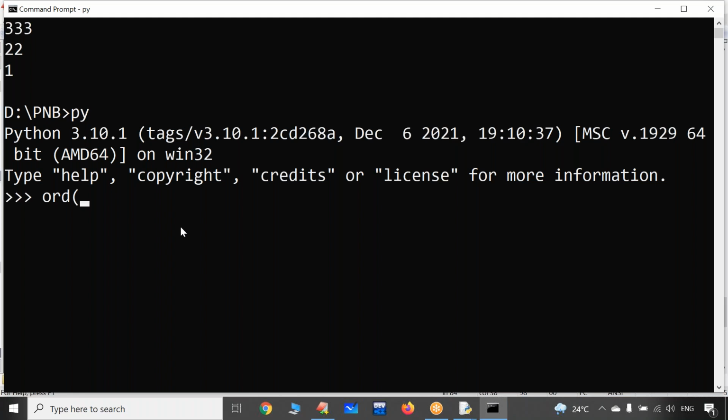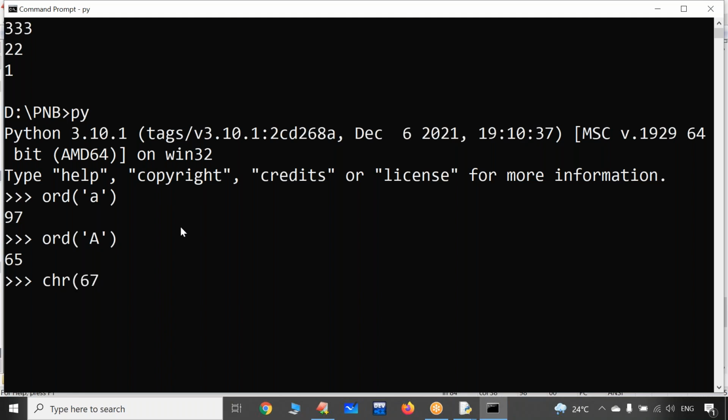In place of the ASCII number, the Unicode number came. In Python, we can call it the ordinal value. I want to know the ordinal value for A. For small a, it is 97. For capital A, it is 65.